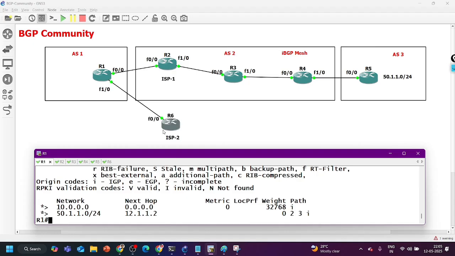Here my concern is I have the default route. Both the service providers have a default route towards the internet. Both the ISP routers have a default route towards the internet, and I have redistributed the default route into BGP. But on router number 1 I am not able to find the default route. Why? See,